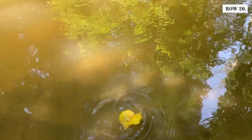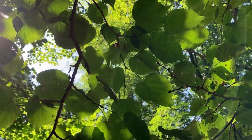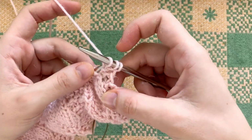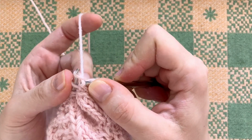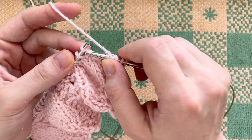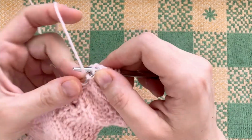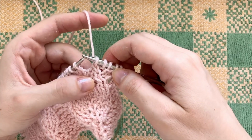The 20th row is basically the last of the more difficult ones. We start with the same number of edge stitches as in the last row, that's 3 for me. Make 1 with the same method as before, so lift the left side of the stitch just knitted onto the left needle and knit it. Do a left leaning decrease, as in slip 1 stitch, knit the next, pass the slip stitch over, knit 1,